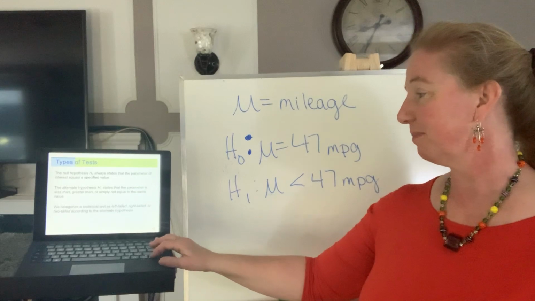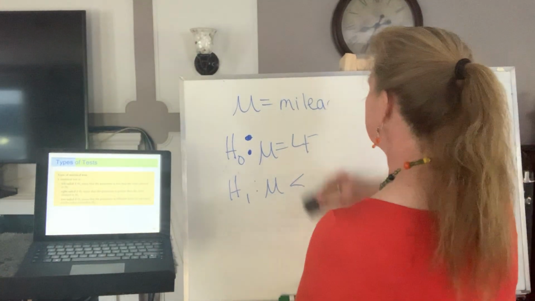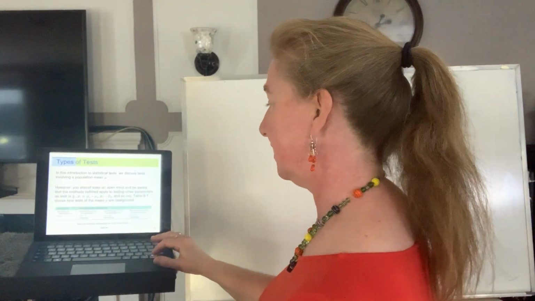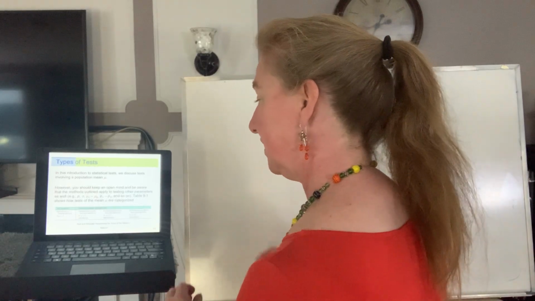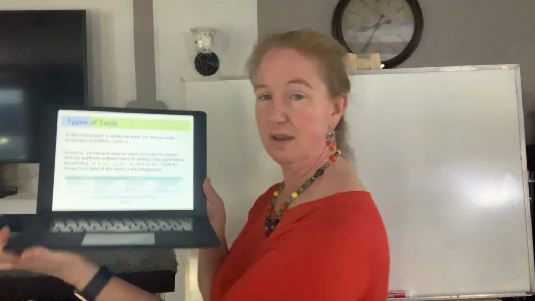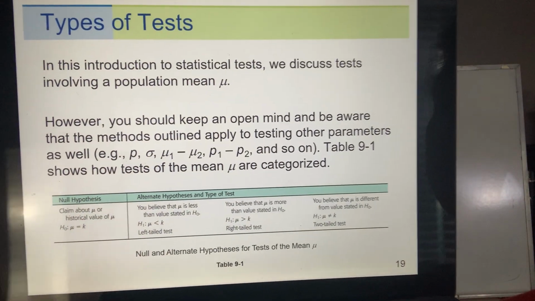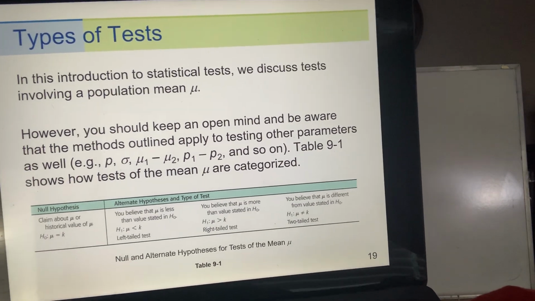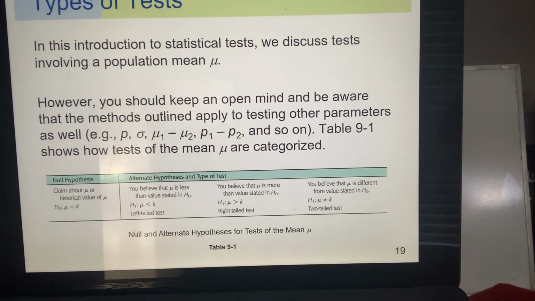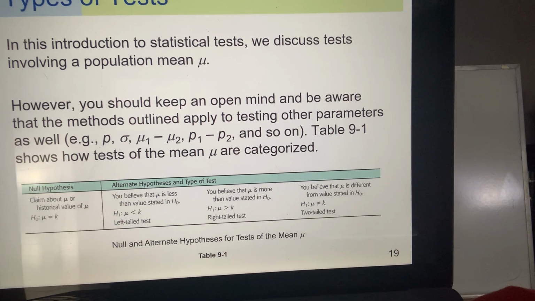So type of hypothesis, we have left-tailed, right-tailed, and two-tailed. So let's write those down. Actually, there's a really nice chart right here. Let me pull this up a little closer. If you'll see, the first one says, what is my null hypothesis? The second column, they don't actually have boxes on them, but the second box is my left-tailed